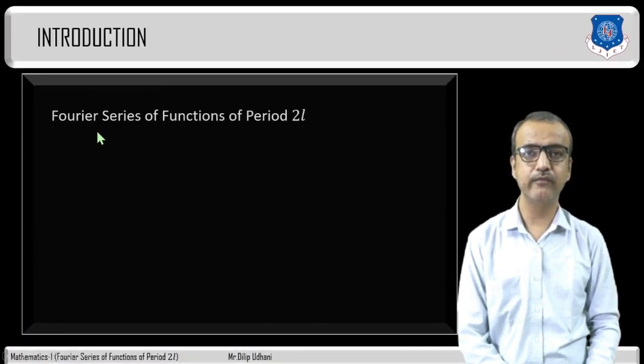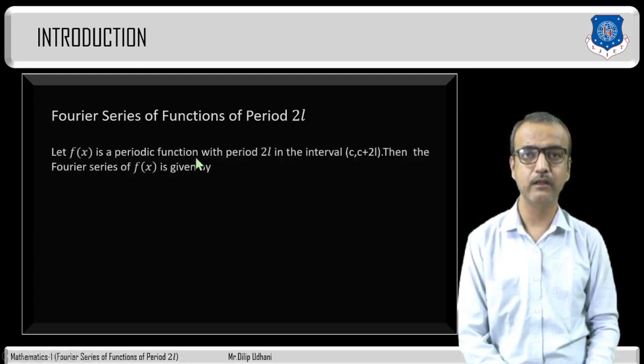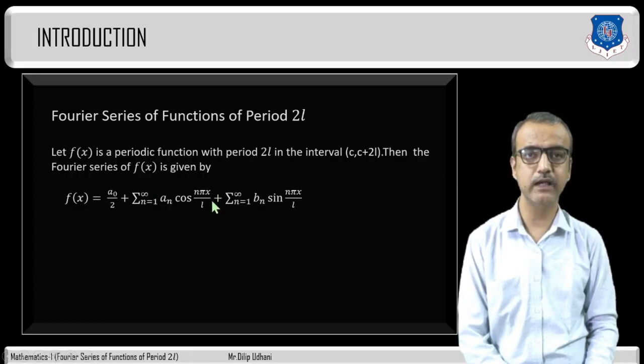Now we will see how to find the Fourier series of functions of period 2L. Let f(x) be a periodic function with period 2L in the interval c to c plus 2L. Then the Fourier series of f(x) is given by f(x) equals a0 by 2 plus sigma n equals 1 to infinity a_n cos(n pi x by L) plus sigma n equals 1 to infinity b_n sin(n pi x by L),